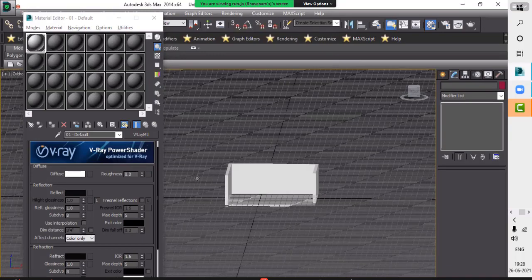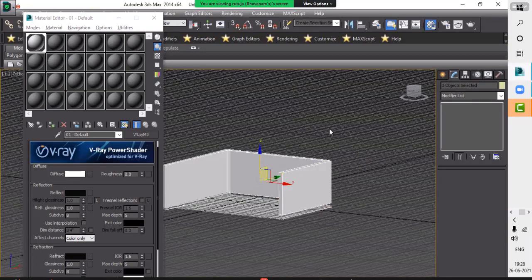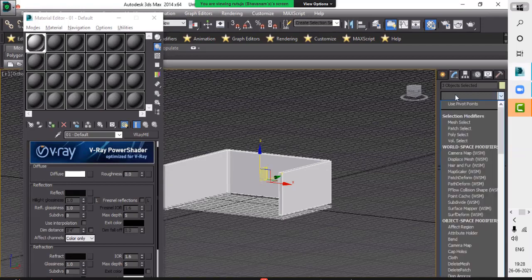I want to increase the wall height. So I'm selecting all the walls, going into the modify list and making Edit Mesh.